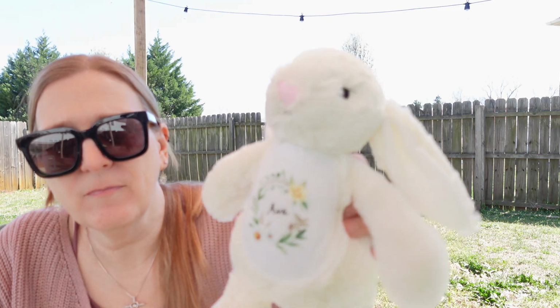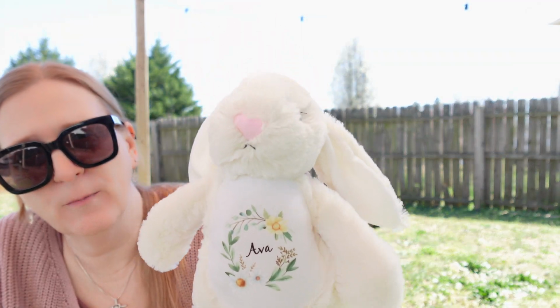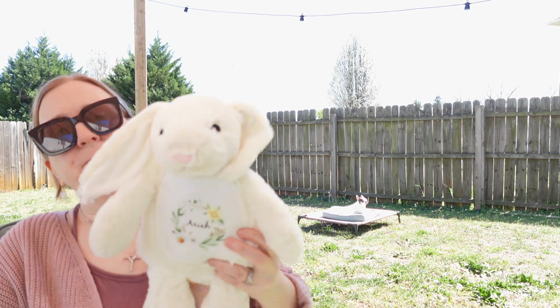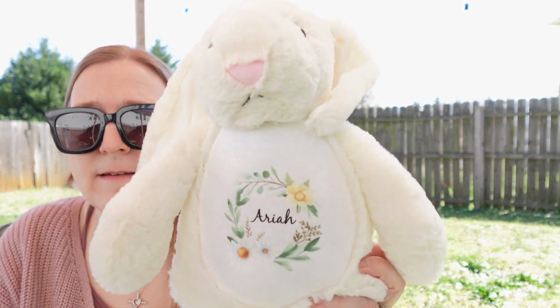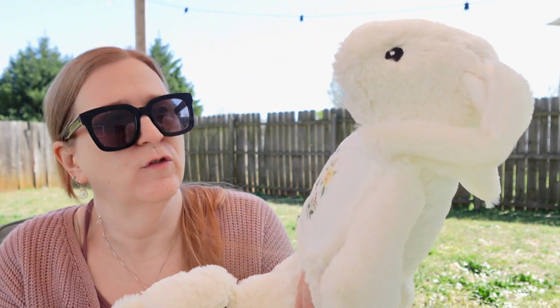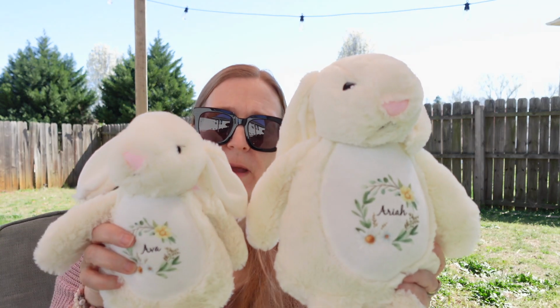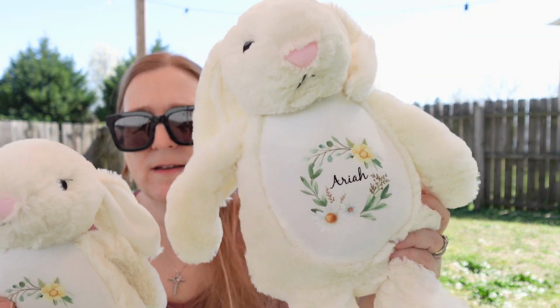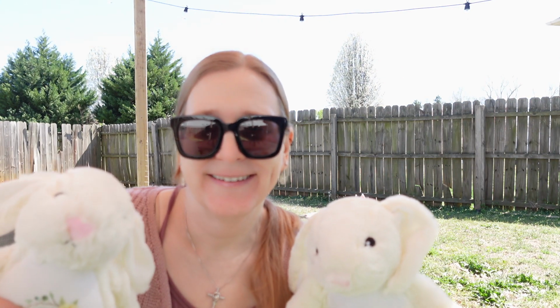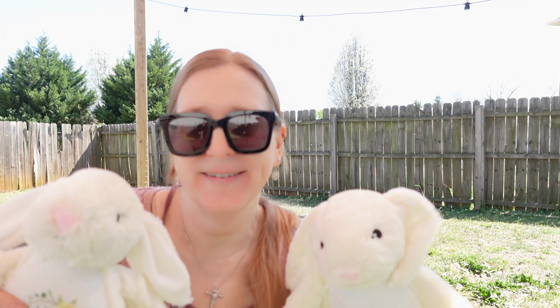So I got this bunny. It's a littler bunny here with the name. And I'll tell you what my problem was with them in just a second. And then here's the bigger one. You got to pick out what this was here, and then of course, personalize it. So the little one is for the baby. I don't know if you could see. And then the bigger one. So take a thumbnail. Okay, so